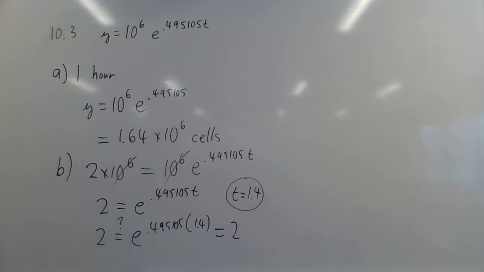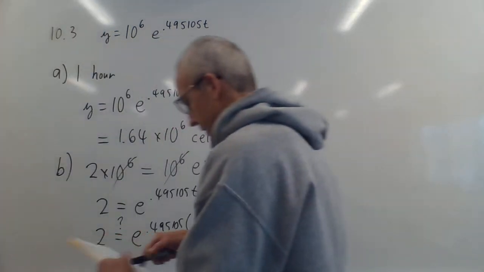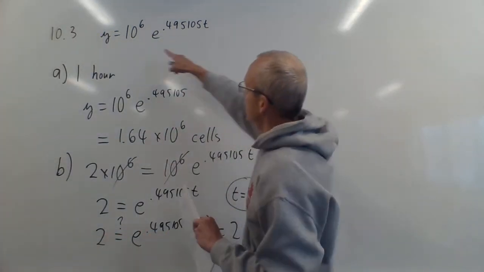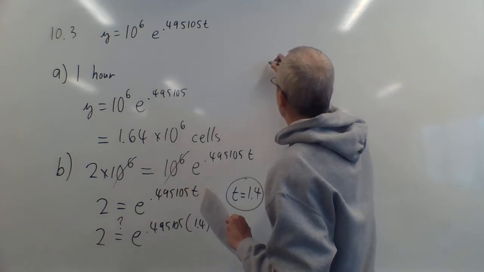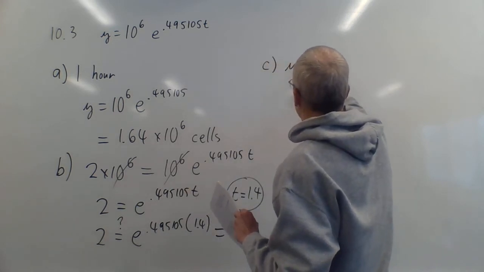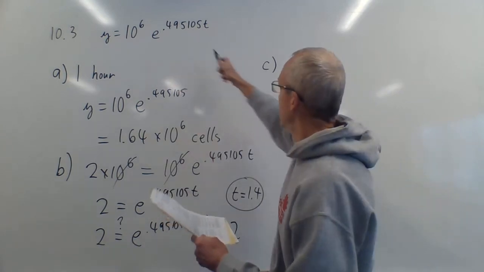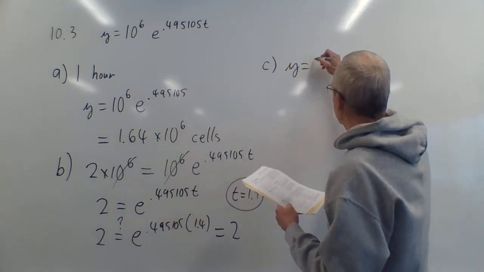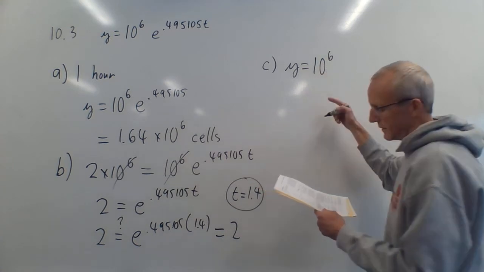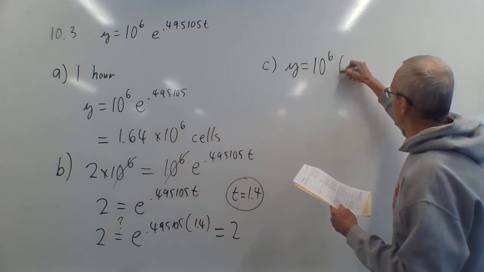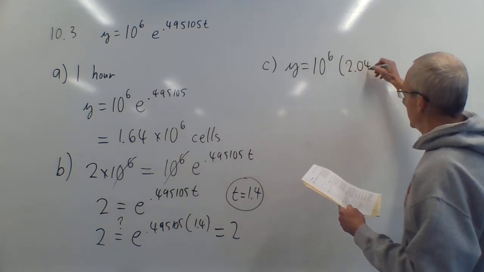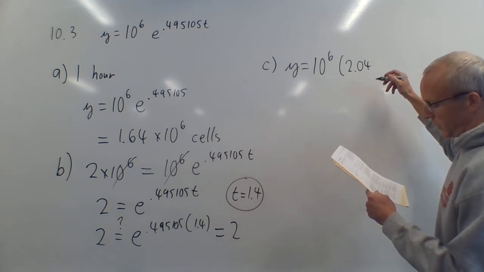Part C says Charlie says he got this formula, big old ugly thing. He says, no, the number of yeast cells is not equal to that. He got that it's still 10 to the 6, which means that at t equals 0, it's still a million. But he got this crazy base. Instead of using e, he used base 2.042727